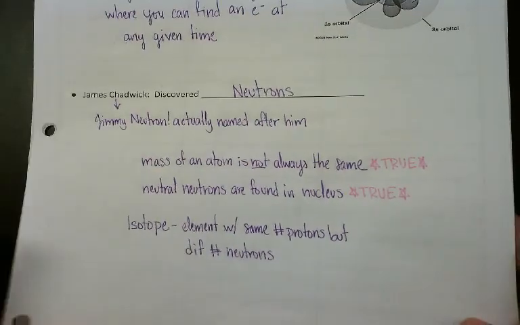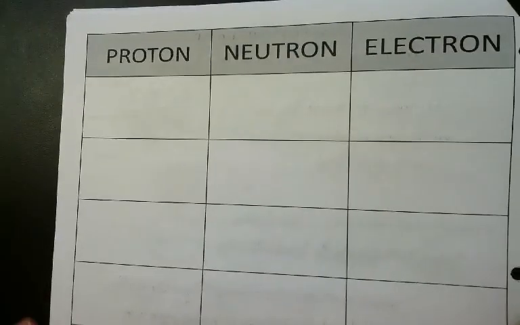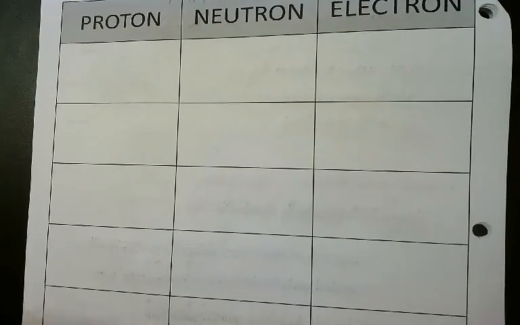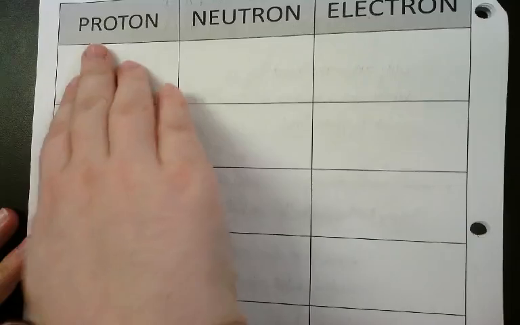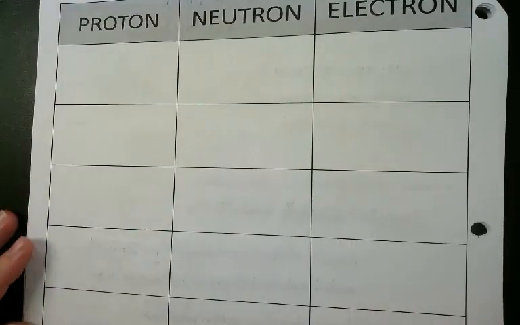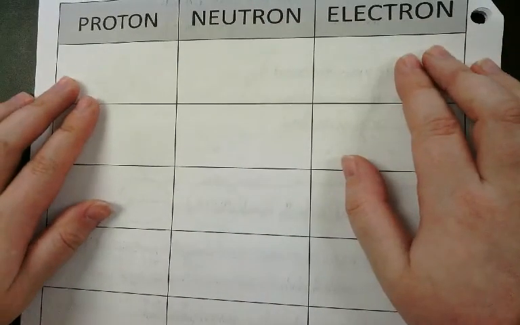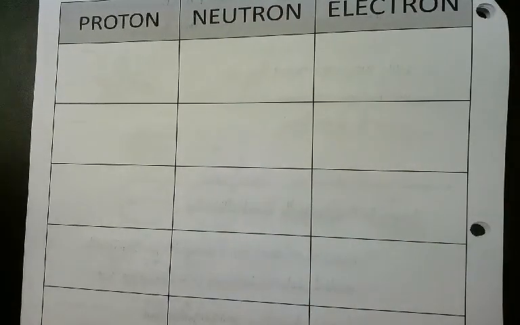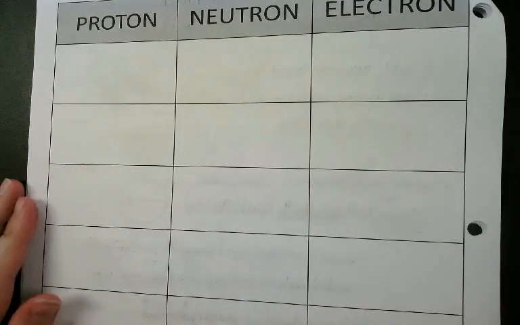The next thing is talking about properties of protons, neutrons, and electrons. So those of y'all in class, y'all have a card sort, and y'all are going to sort those based on properties of protons, neutrons, and electrons. You're going to sort them based on who they belong to. Those of y'all watching at home, I will throw the key up on here so that you can copy it in just a moment.